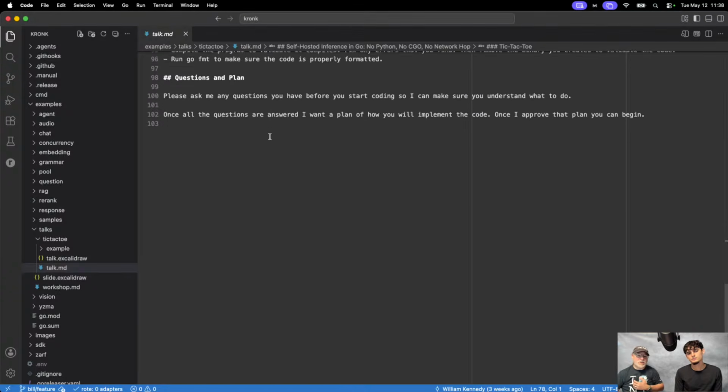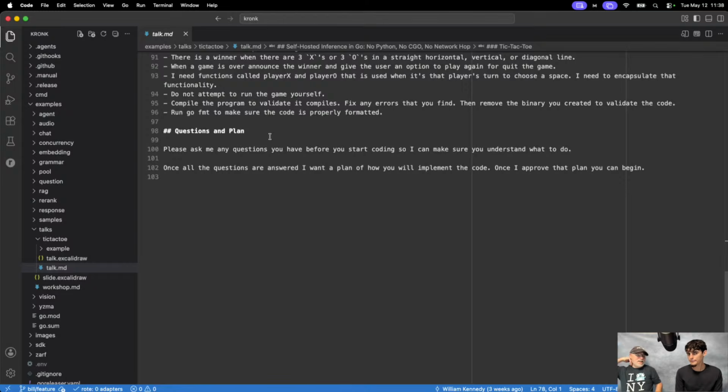Now, another thing I've been doing lately with the local model, and I do this with the frontier models too, but it's been more important here: I'm always asking it to ask me questions first, and then let me approve. This has helped, not 100%, but it's helped quite a bit with the accuracy of what it's producing for Go. I've never needed to do this for TypeScript stuff, but I think there's some value in having the engineering conversation just to solidify the context with the model.